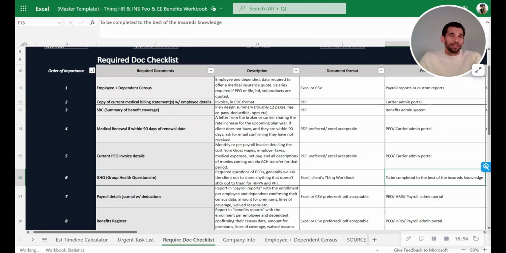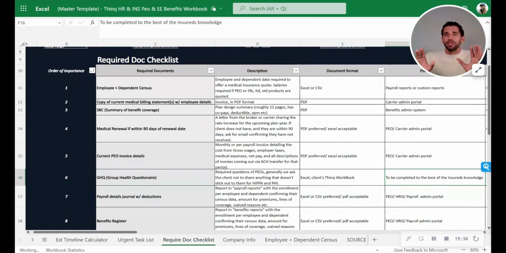In an example I had with one client, we shared with them, hey, you've got to have this GHQ filled out, and they were actually pregnant, and they said that there were no pregnancies. They were 6 months pregnant, and they knew they were going to give birth, and they put that no one was pregnant. There were no reported pregnancies. So it's in a way like they purposely omitted the information to potentially get a better rate, because they thought it might impact them, right? So the PEO will be able to come back and say, hey, maybe we need to re-rate this group if it's that offset. Now, it doesn't happen all the time, and generally they're pretty lenient,